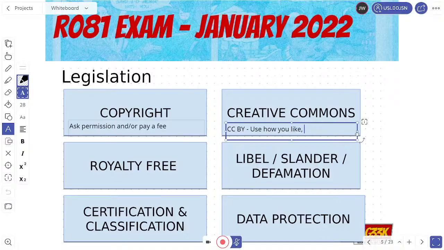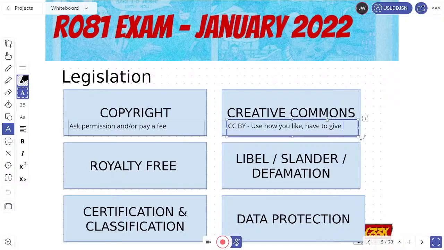I mention to the owner. I can't think of the actual official word. They need to give. What's the word I'm trying to think of? Can't think of it. But yes, you basically need to say that you have got permission from you. So you're using it and you say who the author is. Have to give. I can't think of the damn word. I'll come back to it. Yeah, okay, that's fine. You have to give. I'm trying to credit. That's it. Thank you. Goodness me. I don't know what's wrong with my brain today.